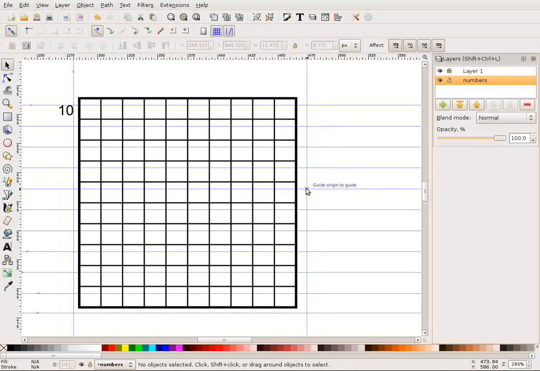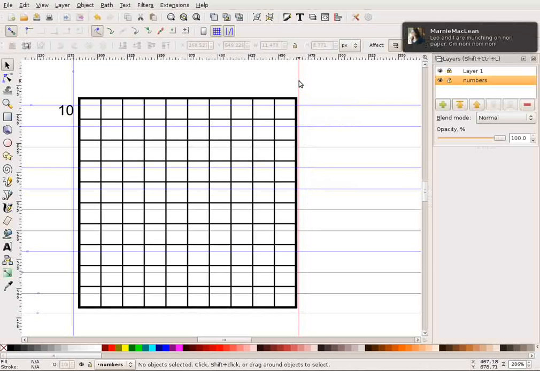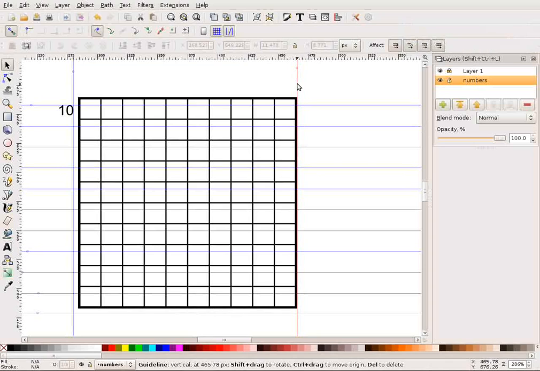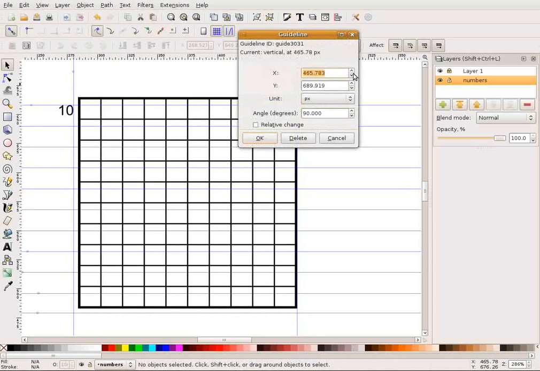And then you're going to drag out another guide so that it's flush. And you can all see I'm now following Marty. Oh well. So you can see that this is flush. And now I'm going to double click on this. Change this 466